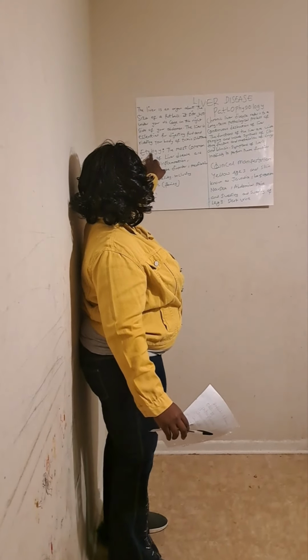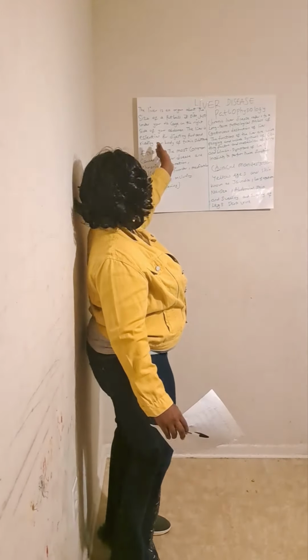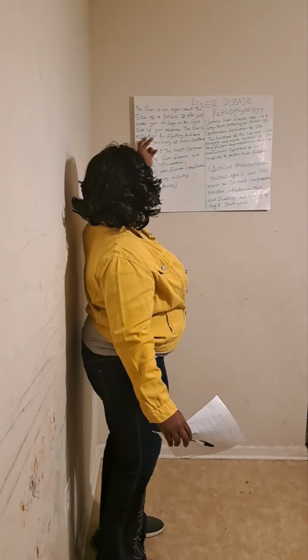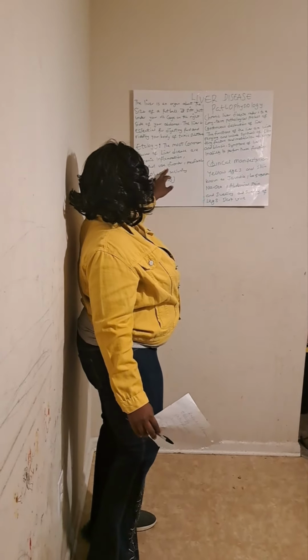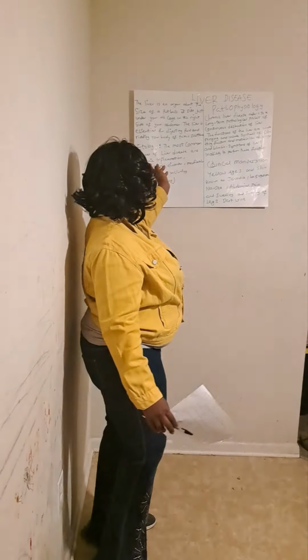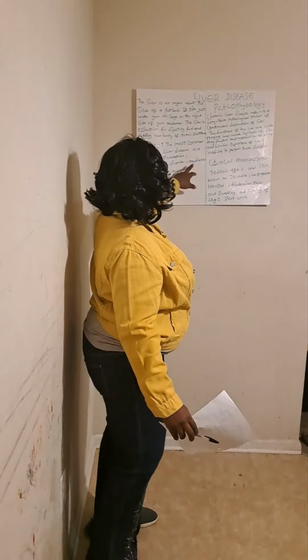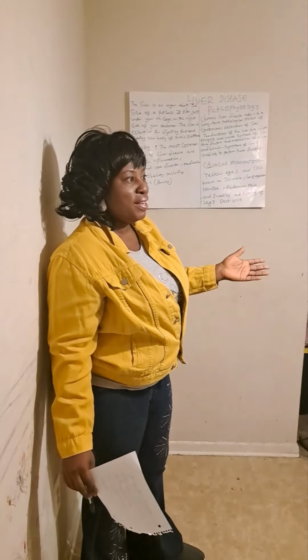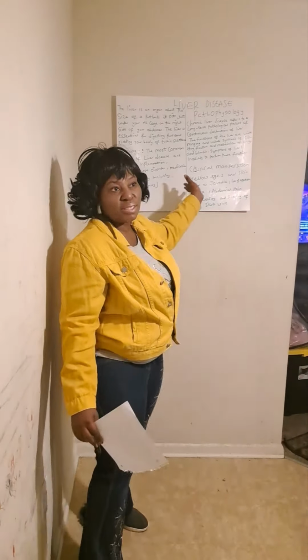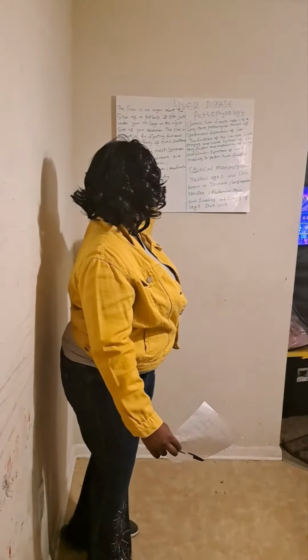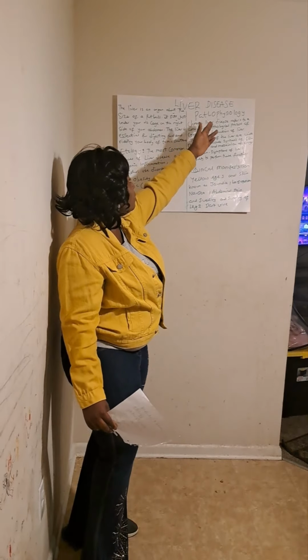What does etiology mean? Etiology means the cause of the liver disease. The most common causes of liver disease are chronic inflammation and alcohol use disorder. Too much alcohol leads to cirrhosis. Medication. I was told that there are some medications, I'm not sure of the name, is it Aleve? Some medications are dangerous to the liver. And obesity, including genetics. Some family members have this genetic disorder called liver disease.